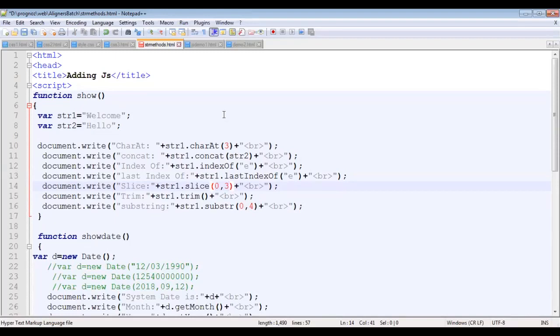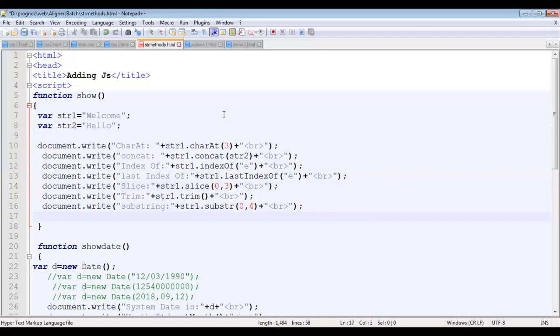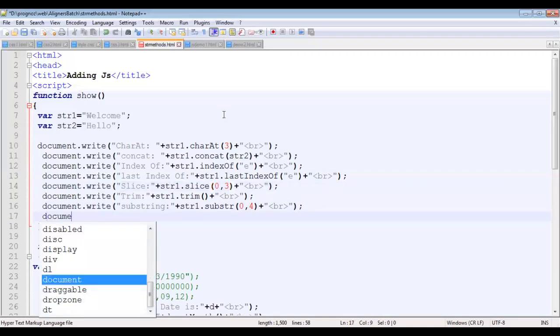If there are any extra white spaces at the starting and ending of the string, they can be removed with the help of the trim function. Then we have substring. The substring function accepts arguments as start index and end index, through which we can fetch the data from the starting index up to the last index. Those characters will be retrieved.